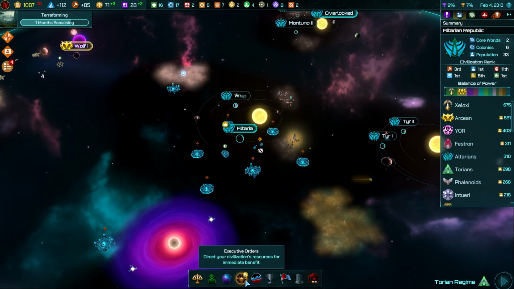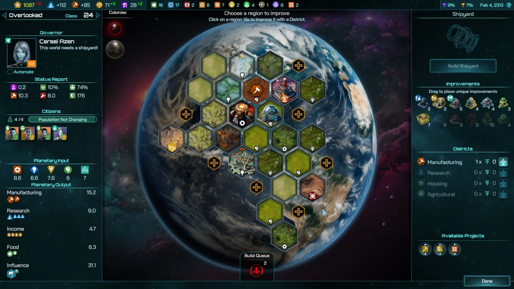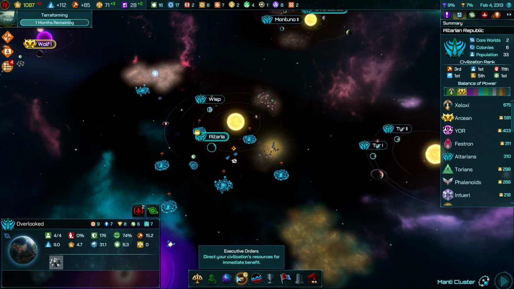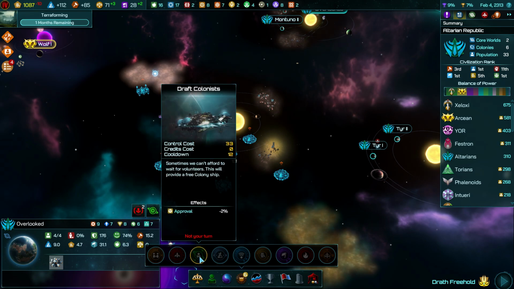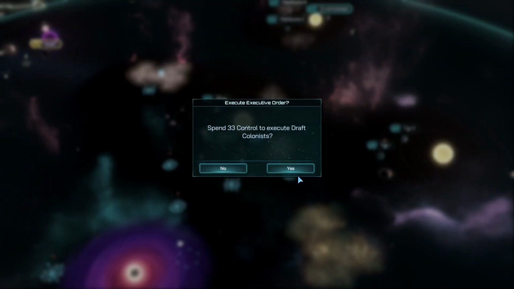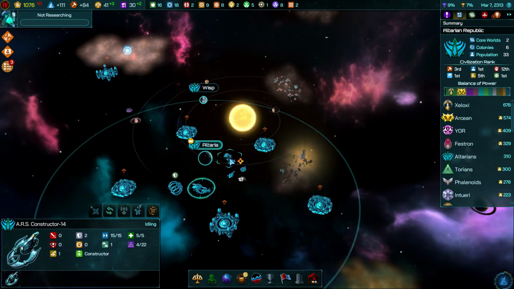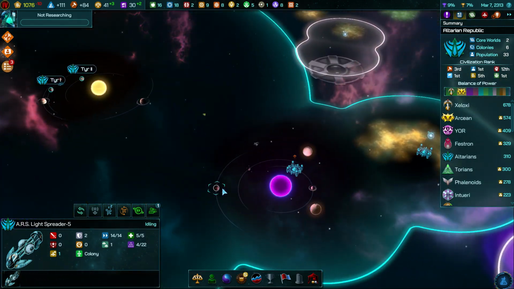Could use that to get another citizen. We don't need it on our colony, but we do need a colony ship. I was supposed to construct that, so you know what? That would probably be a good use once it's our turn, is to go ahead and draft colonists. I know it does result in a small approval penalty, but that's not a big deal. Yeah, we could have constructed it. Yeah, I think this is the better way to do it. So let's go and draft the colonists, spend the 33 control there, and then we'll want to send our colonist over to that new planet here